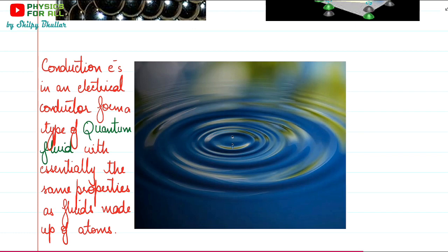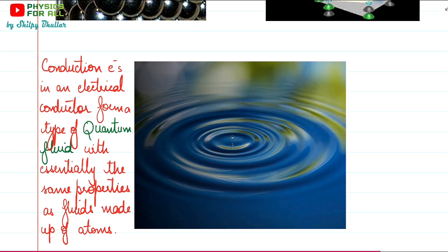You will study it because now we say that the behavior of electrons is something which can only be explained by quantum mechanics. So electron is a quantum particle and the way they flow, the way they move in the conductor, the motion is more like that of a fluid. Sometimes we also say electron gas, or sometimes we say that they form a type of quantum fluid and the properties are exactly similar to that of normal fluids. Okay, so that's the reason.